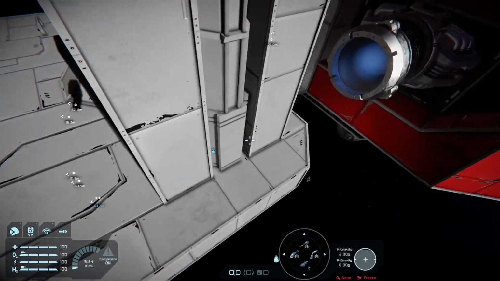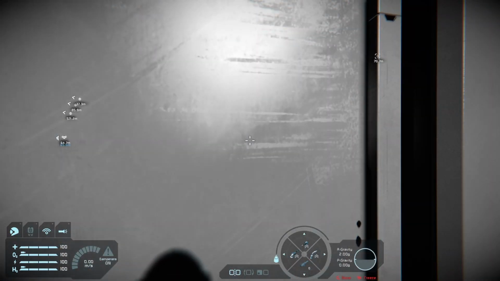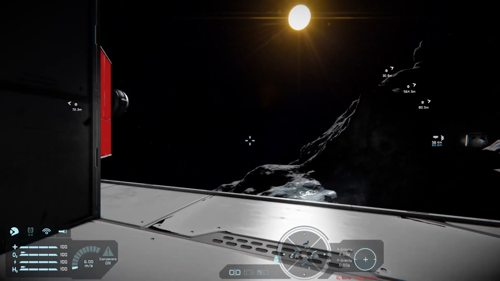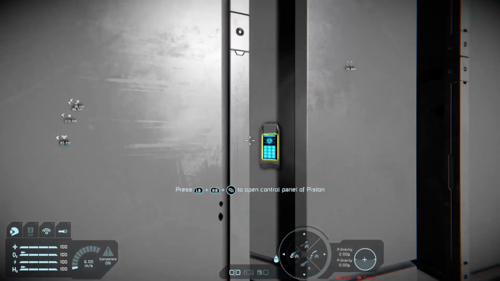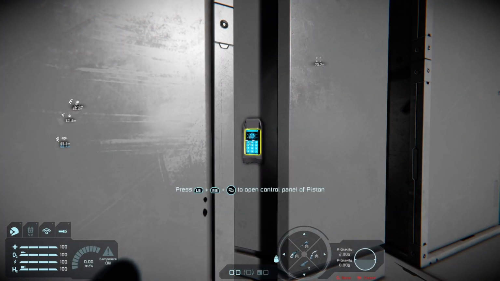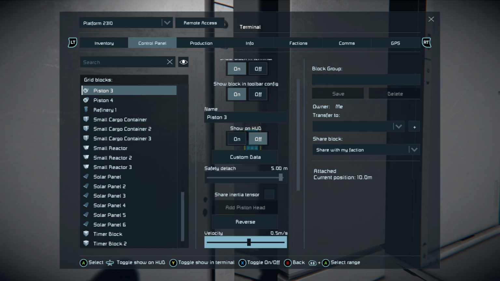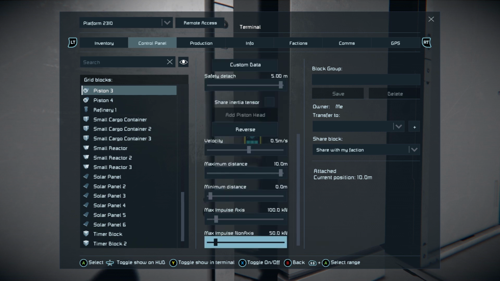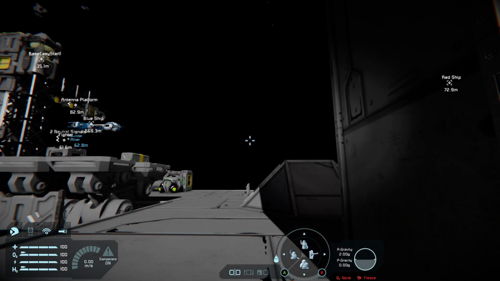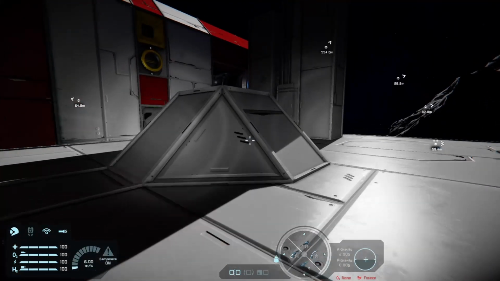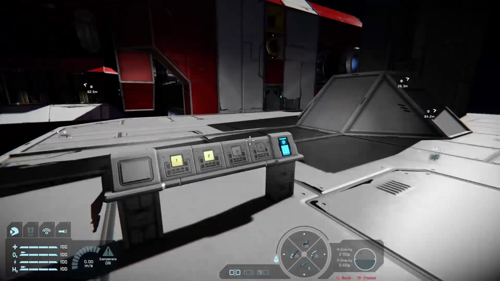Pistons are far more versatile than they used to be, although you have to watch out when you put them on a mobile grid. They can transfer, along with hinges and rotors, their force into the grid, which will cause it to tilt, twist, and do some very strange things. This is why we have shear inertia tensor, although on hinges it doesn't tend to work as well. So this impulse axis and non-axis, how does that work? Well, here is something you can do with pistons.